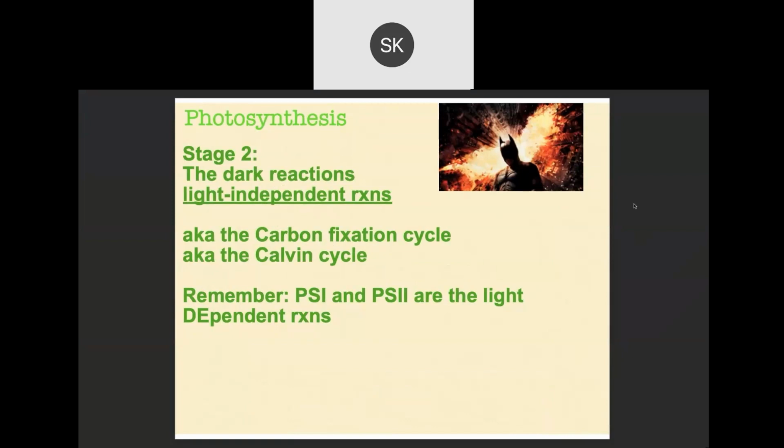The second part of photosynthesis is another set of reactions, and these are sometimes referred to as the dark reactions. They are more accurately called the light-independent reactions, which is also referred to as the carbon fixation cycle or the Calvin cycle. Yes, there are many names. Mainly, people have probably heard the dark reactions or the Calvin cycle, and I'm going to offer one more way